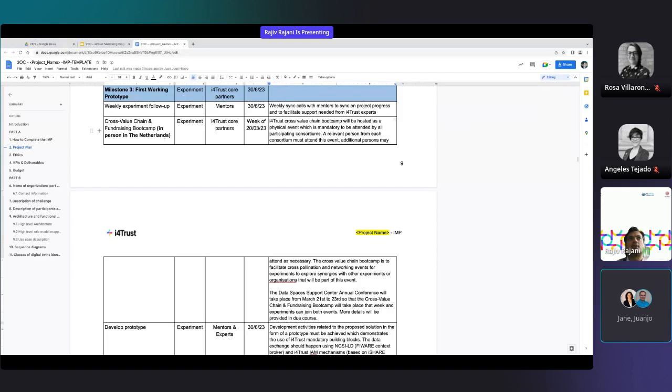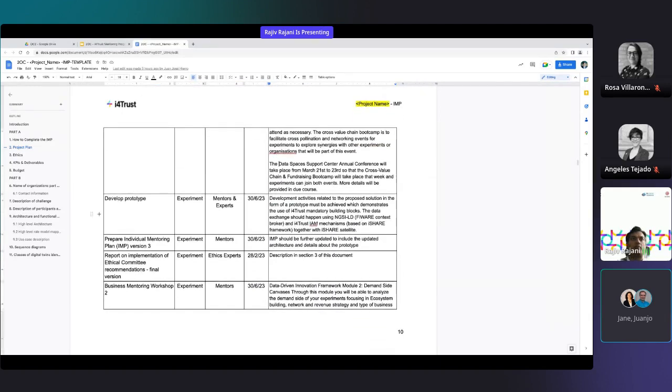This is being conducted in the Netherlands. So all experiments are expected to be there, mandatorily. At least one person from each experiment has to be there for representation and to participate in this event and bootcamp.